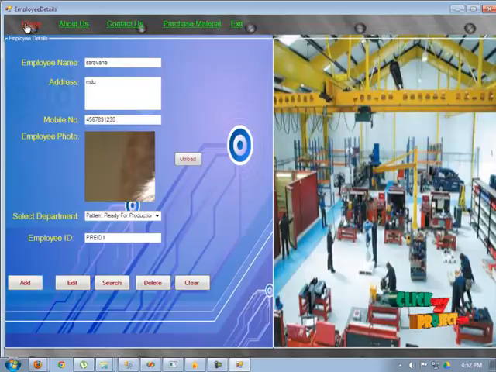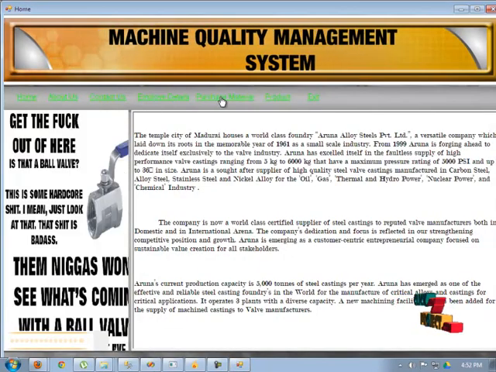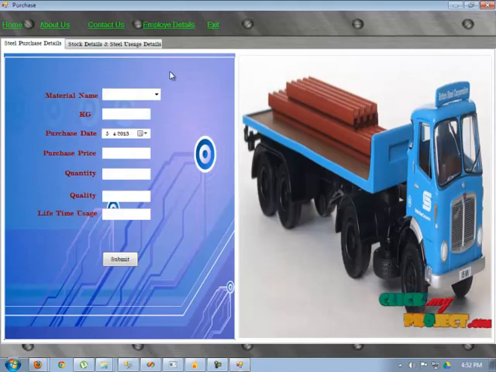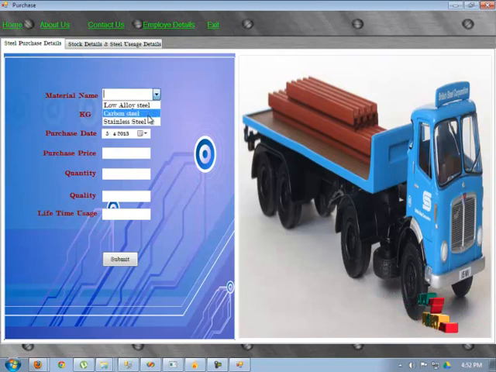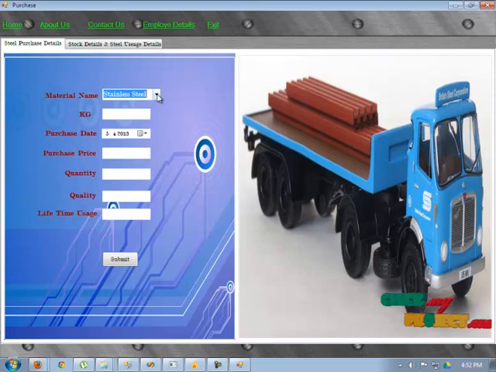And we move on to the home, where we are going to purchase the material. By clicking purchase material, we can select the material name. Here we select carbon steel, and we mention the kilograms, that is 5000, and specify the date when we are going to purchase. Here we give the purchase price as 25,000,